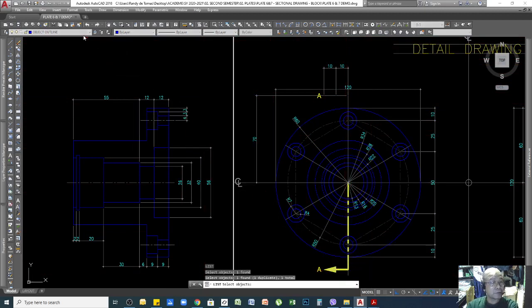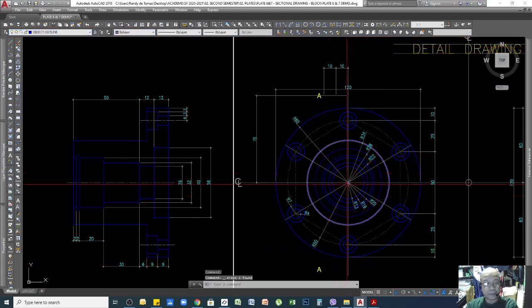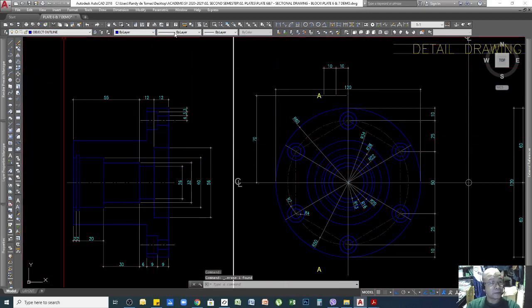So I still use the layer for our object outline, but I use a different color. You can see here that I use phantom line, yellow, and then select the layer named object outline. So when you create the polyline,